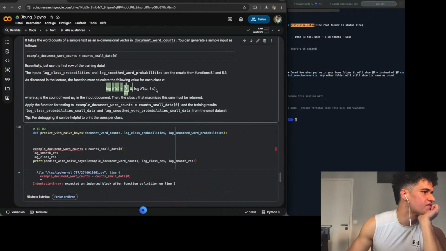This we have. This we have, that we have, and then count with the input, then the class C that maximizes the sum must be returned. What does it mean? The class C that maximizes the sum. Apply the function for testing to